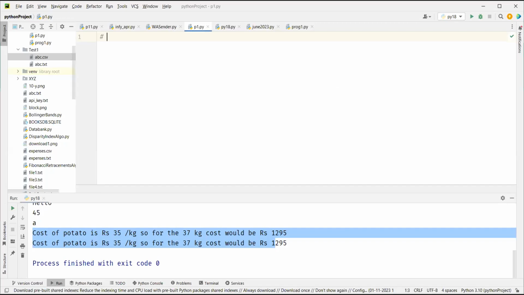Okay, so we have already seen how to work with files, right? And we have seen working with text and CSV files before. Today we'll see how to work with JSON files. Now, before we talk about JSON files,